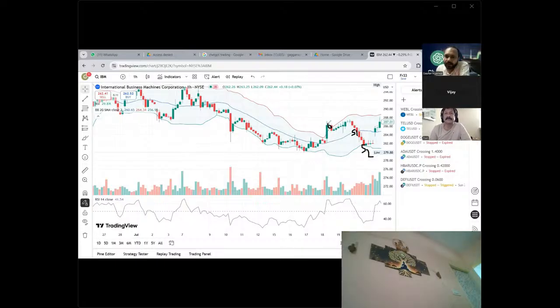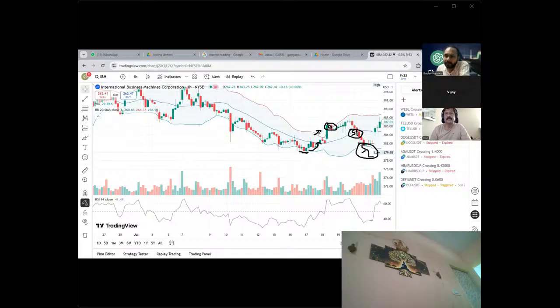So mostly we should try to take a short trade here. Whenever the price is near the upper median, we should try to take a short position, right? And once we take a short position, our first target should be S1 and second target should be S2. Similarly, when we are taking a buy position near this area, our first target should be the middle line and the second target would be the upper median, right?